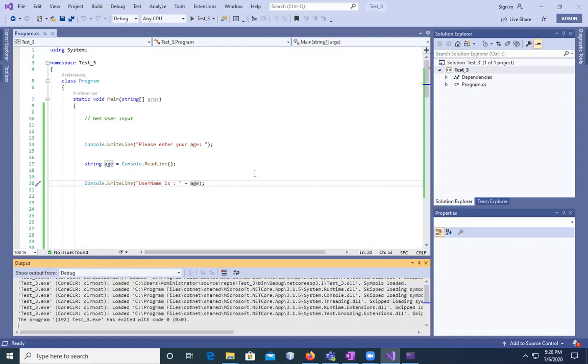String 2, 2, 2, 2, 2, 2, 2, 2, 2, 2, 2, 2, 2, 2, 2, 2, 2, 2, 2, 2, 2, 2, 2, 2, 2, 2, 2, 2, 2, 2, 2, 2, 2, 2, 2, 2, 2, 2, 2, 2, 2, 2, 2, 2, 2, 2, 2, 2, 2, 2, 2, 2, 2, 2, 2, 2, 2, 2, 2, 2, 2, 2, 2, 2, 2, 2, 2, 2, 2, 2, 2, 2, 2, 2, 2, 2, 2, 2, 2, 2, 2, 2, 2, 2, 2, 2, 2, 2, 2, 2, 2, 2, 2, 2, 2, 2, 2, 2, 2, 2, 2, 2, 2, 2, 2, 2, 2, 2, 2, 2, 2, 2, 2, 2, 2, 2, 2, 2, 2, 2, 2, 2, 2, 2, 2, 2, 2, 2, 2, 2, 2,